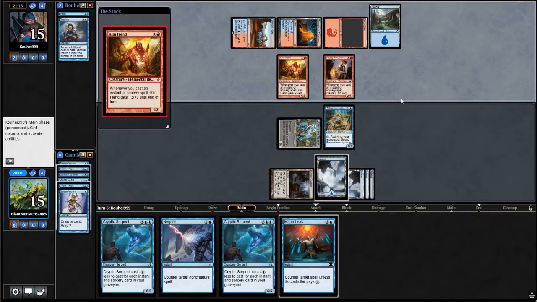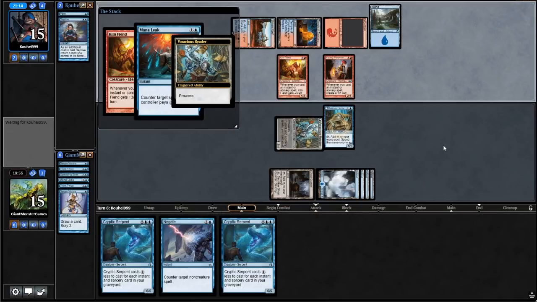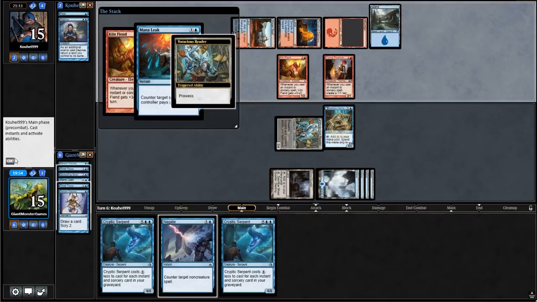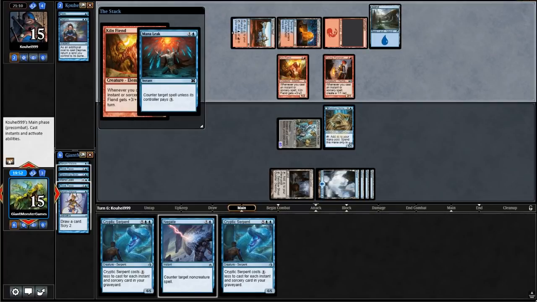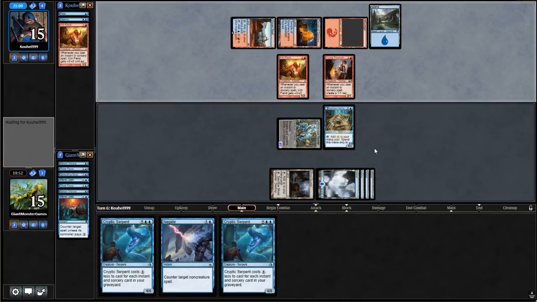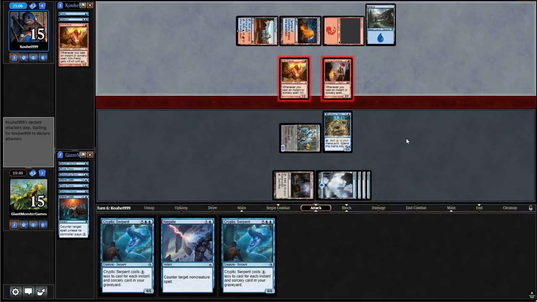Okay, what is he playing? Gonna play another Kiln Fiend. I think we can Mana Leak it, or at least try to Mana Leak it, and we'll see if he has a counter for that. He may or may not. He doesn't, so we managed to counter the Kiln Fiend. Does he have anything? He might just swing in with...